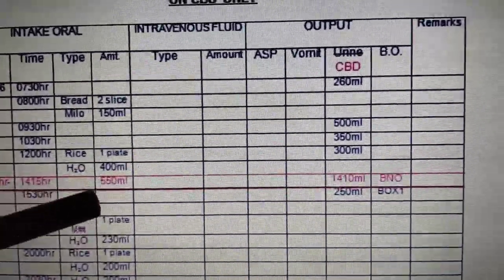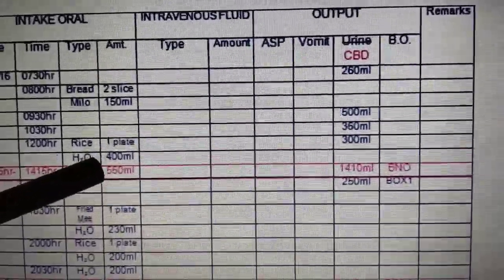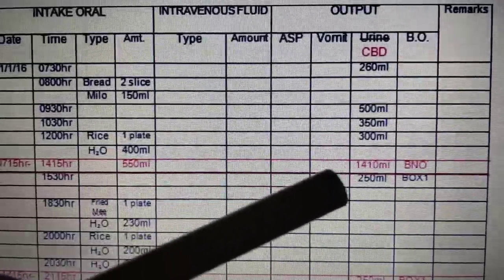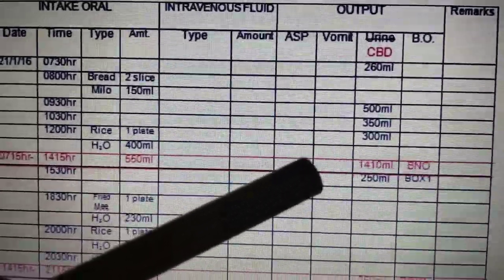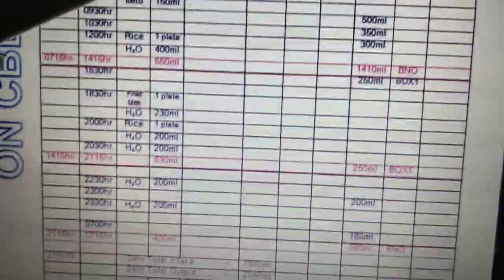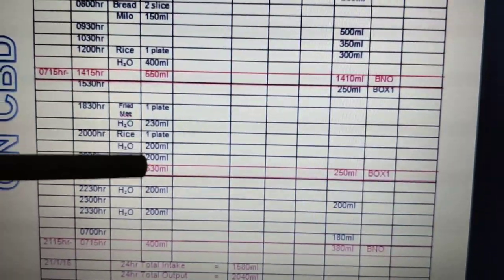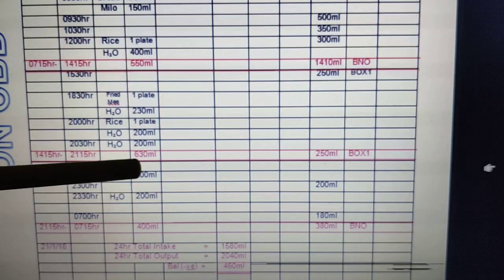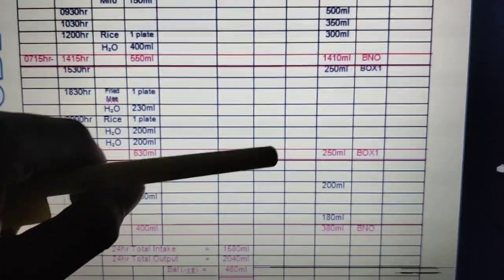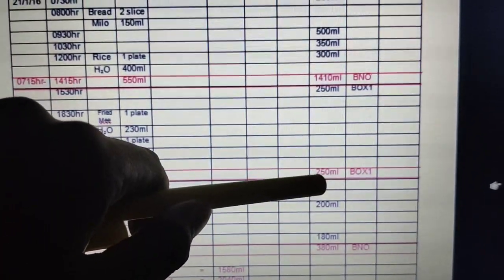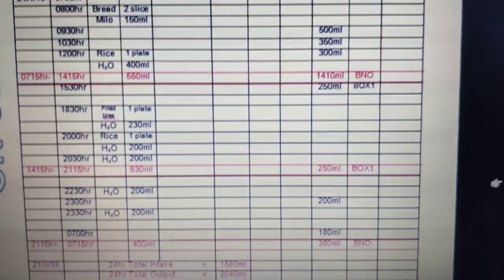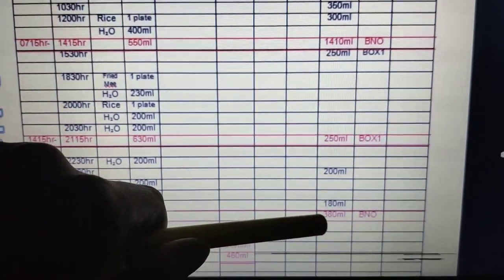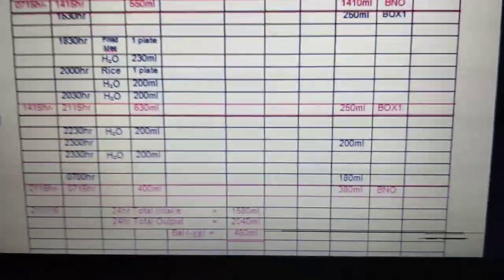Understood? For example, just assume you are taking half a liter of water, but you are excreting 1 liter of urine, that is abnormal. Clear? Okay. So after all is recorded, same thing only. Say in the second shift, the nurse has recorded 630 ml and the output we can say is 250 ml. Then here 400 ml and here 380 ml. Finally, we have to calculate it, isn't it?